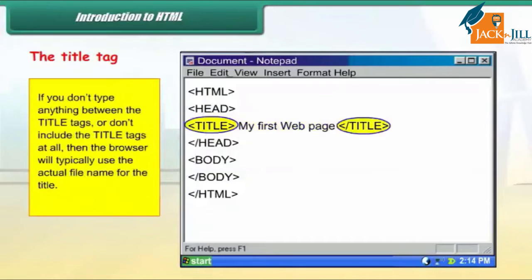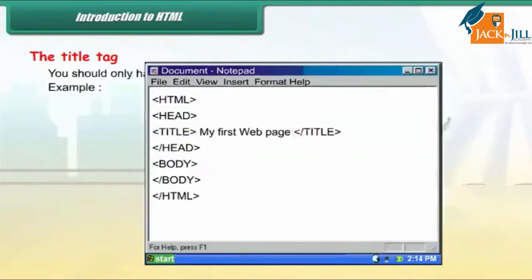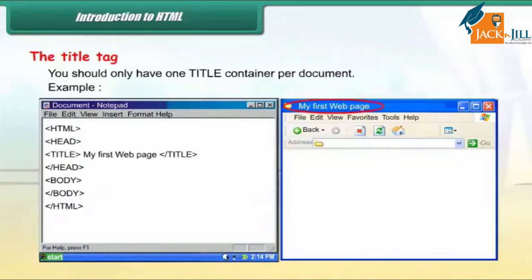If you don't type anything between the title tags or don't include the title tags at all, then the browser will typically use the actual file name for the title. You should only have one title container per document. Example: